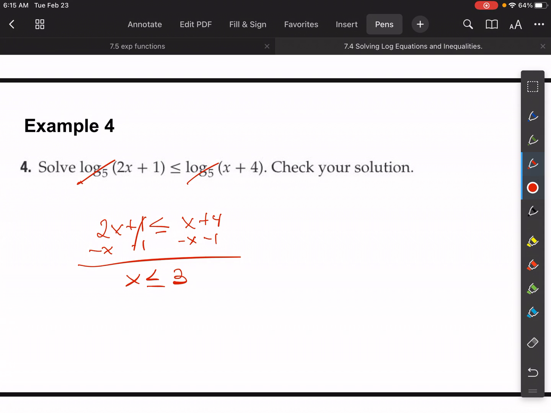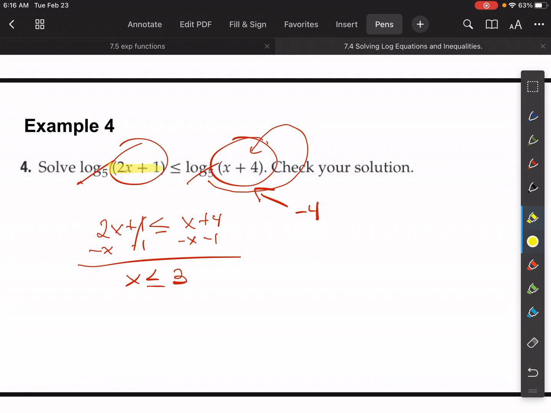But you would be wrong if that's what you leave as your answer. You're not fully right yet, because this cannot go negative, this cannot go negative. Okay, they cannot go negative because 5 to some power will never give me a negative number. So now I have to limit it. I have to make sure that neither one of those go negative. So what would make this one go negative is negative 4. So I know that x has to stay bigger than negative 4, but let's see what makes this other one